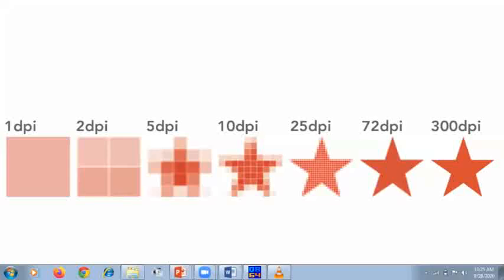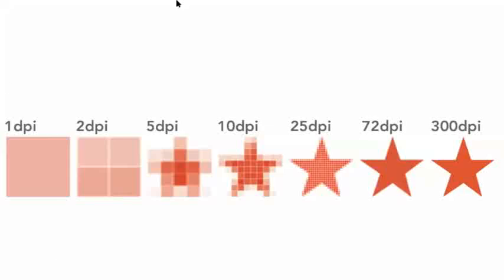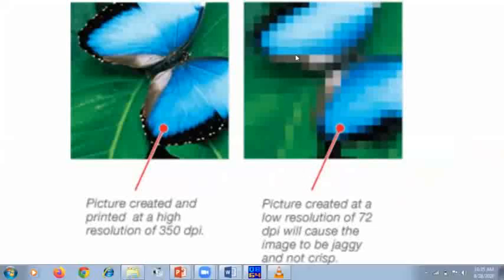Let me show you in another image. In this image, you can see the image on the left hand side is more clear than the other one. The image on the right hand side is a bit blurry. And why is it so? You can see the description too. The picture on the right hand side contains only 72 dots per inch. That means the number of pixels used to create this image is less.